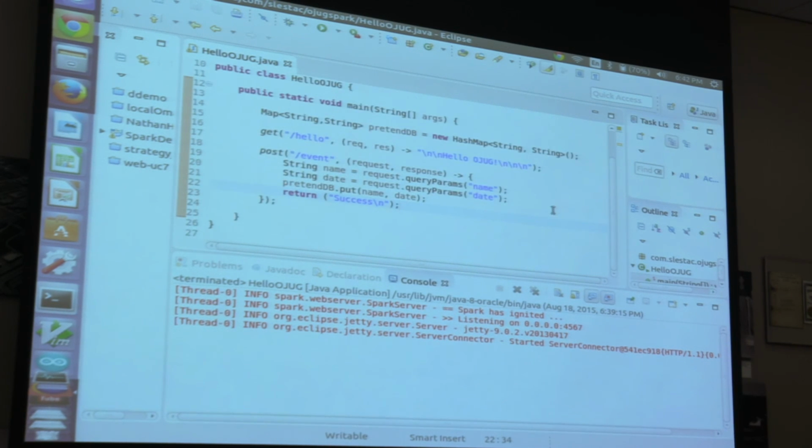Okay, so by looking at this, if you're following along at all, you might have guessed I just created a post, HTTP post, route. It's called that in Java Spark parlance. So if I run this,